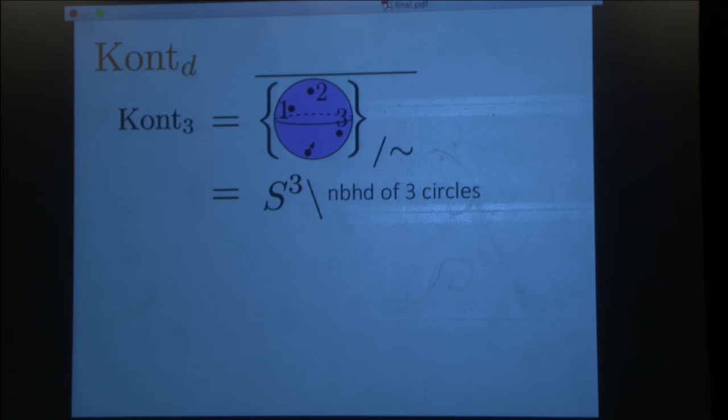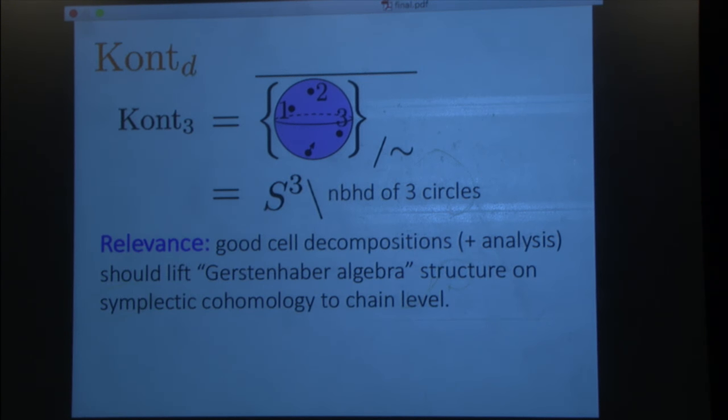Okay, and now a closer look at these Kontsevich spaces. Here's a simple example. The third Kontsevich space is just S3 minus the neighborhood of a three-component link. Three-component link because of the three possible ways of the points splitting up into pairs and colliding. So the relevance of these spaces is that if you come up with good cell decompositions of these spaces, you could lift the structure on another important invariant in symplectic geometry, the symplectic cohomology of an exact